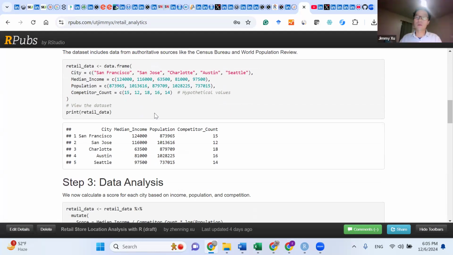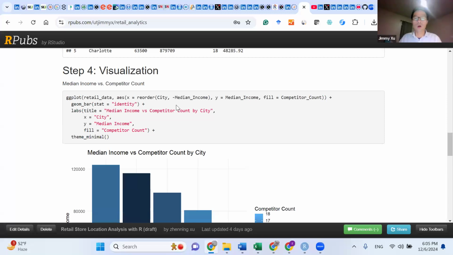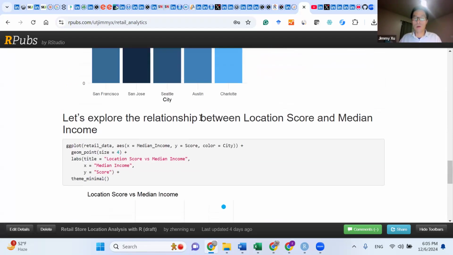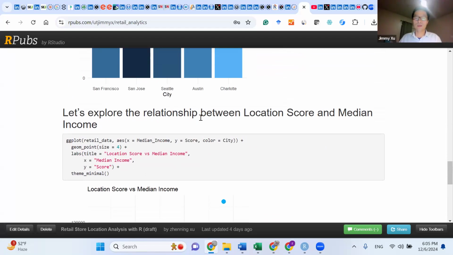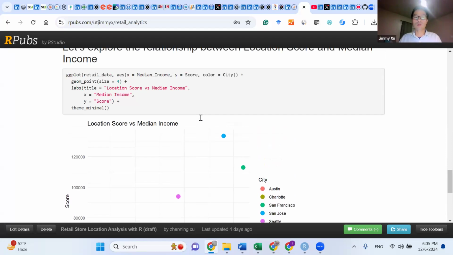I show you a few cities, the population, median income, and then finally competitor count. Then I show you how to visualize this data using a histogram, and finally how we can compute a composite index, or heuristic index, which is a popularity score for each